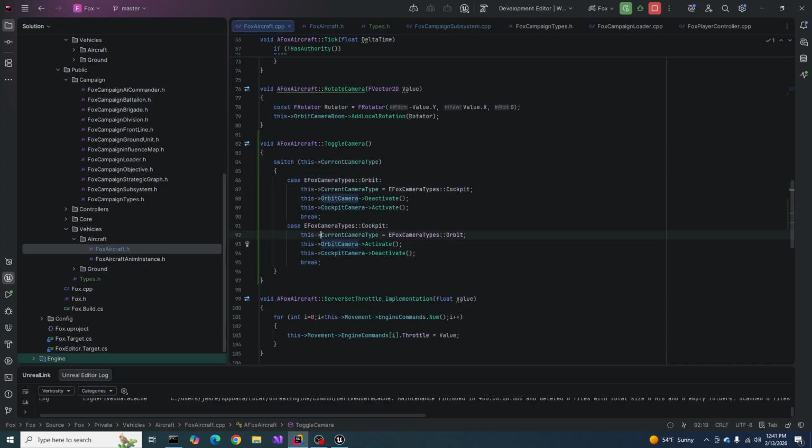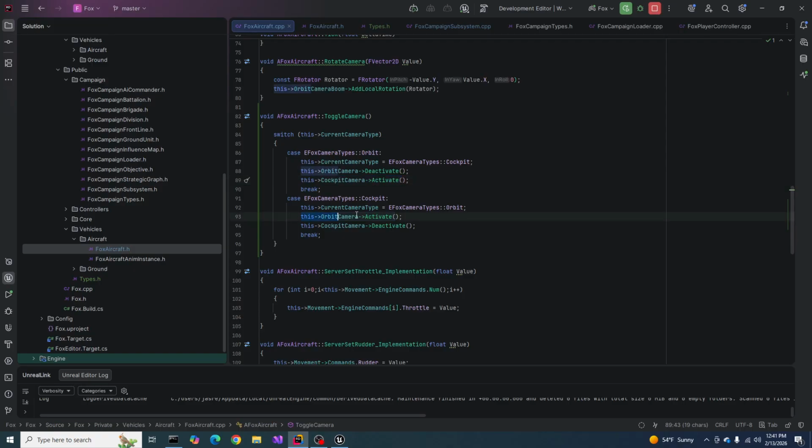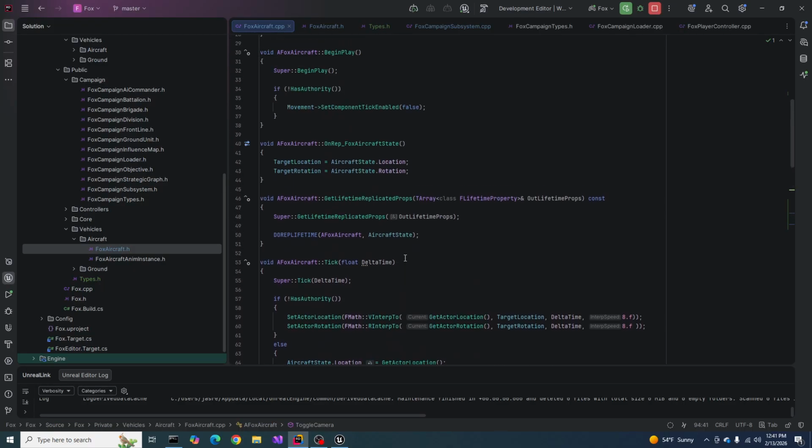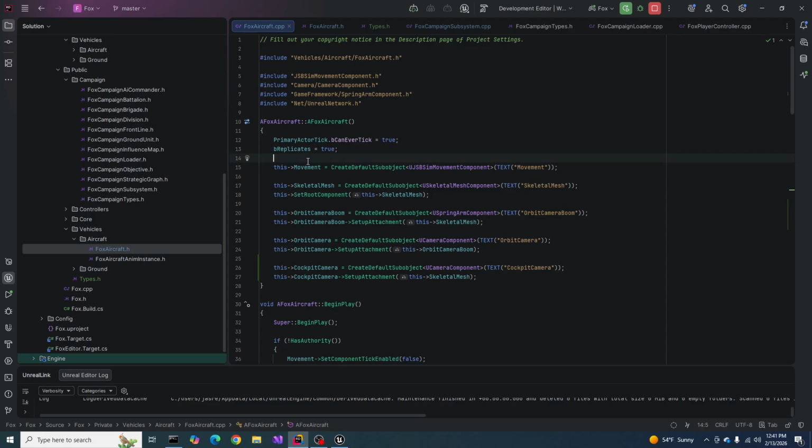Oh wow, look, it already wrote it for me. So if it's an orbit camera, we're going to switch to cockpit, deactivate the orbit camera, activate the cockpit camera. Perfect. It wrote the code for me. Excellent. So now I just want to come up here and I'll just do a